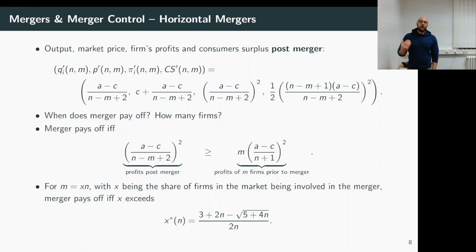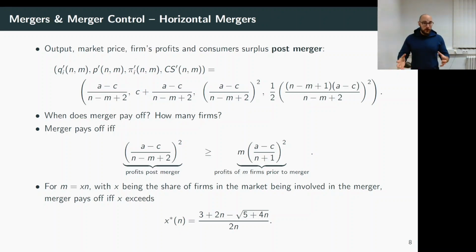Okay, so how do our expressions for output, prices, profits, and consumer surplus look post-merger? You have the expressions here. What you basically do is just substitute n by n prime in the former expressions, and that's what you get, right? And based on these results, which are now a function of n, the pre-merger number of firms, and m, the number of merging parties, we can now ask ourselves, when does a merger pay off, and